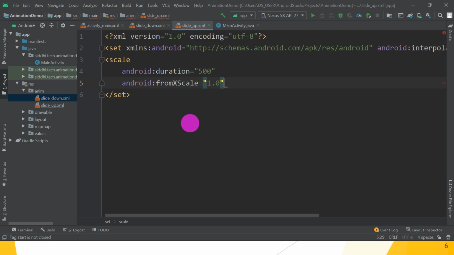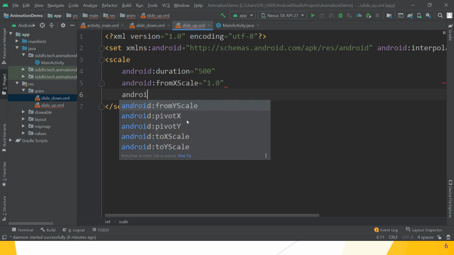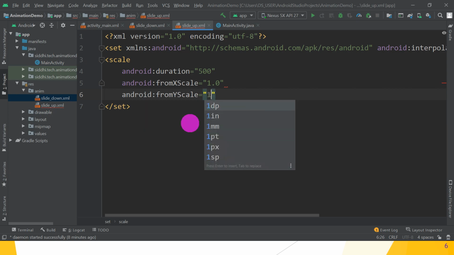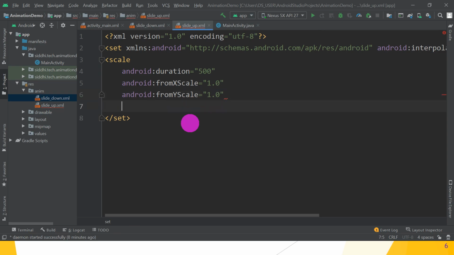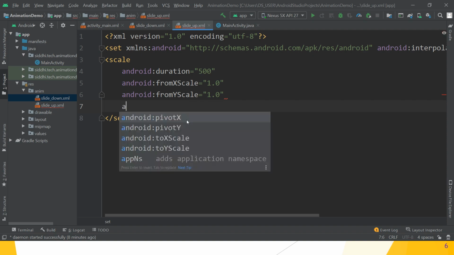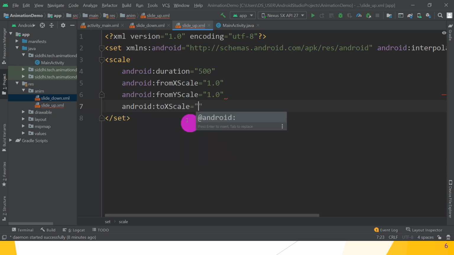Then android:fromYScale is equal to 1.0. Then android:toXScale is equal to 1.0.